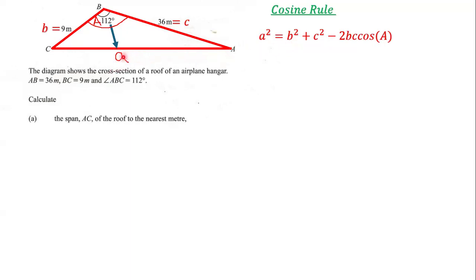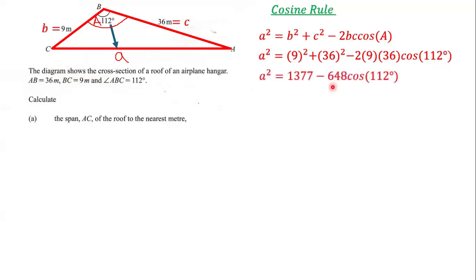And so the missing side is small a, but the angle that is opposite the missing side, we call that capital A. B and C are the other sides of the triangle, where B in this case is 9 meters and C in this case is 36 meters. And so let's substitute those values. B is 9, C is 36, and capital A is 112 degrees. Next, we say, okay, what is 9 squared plus 36 squared? Well, that gives us